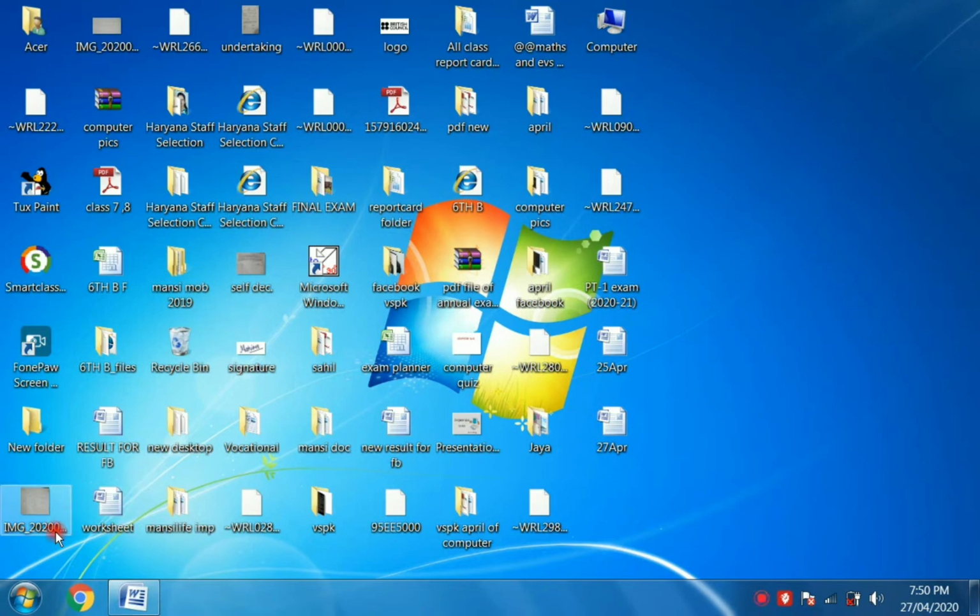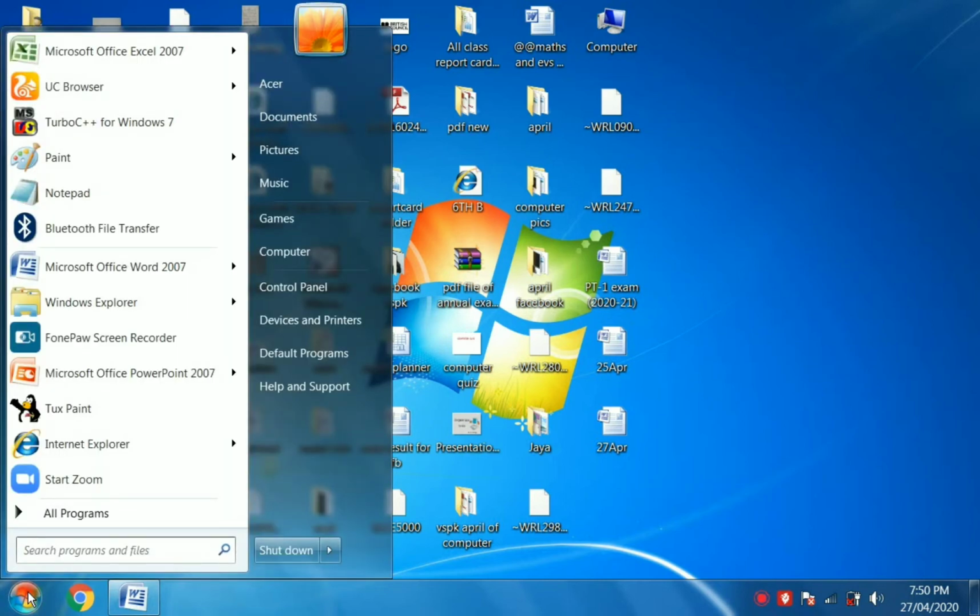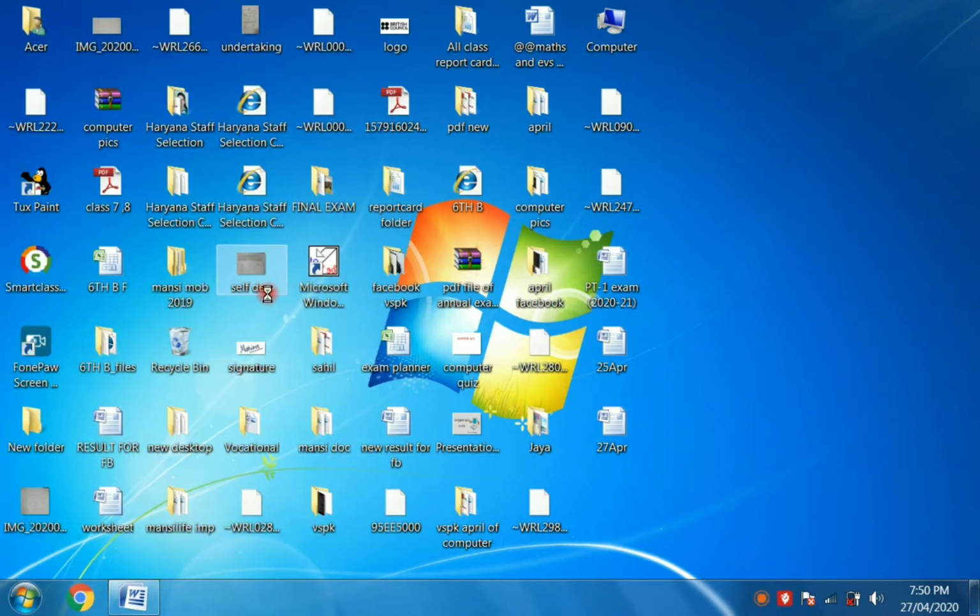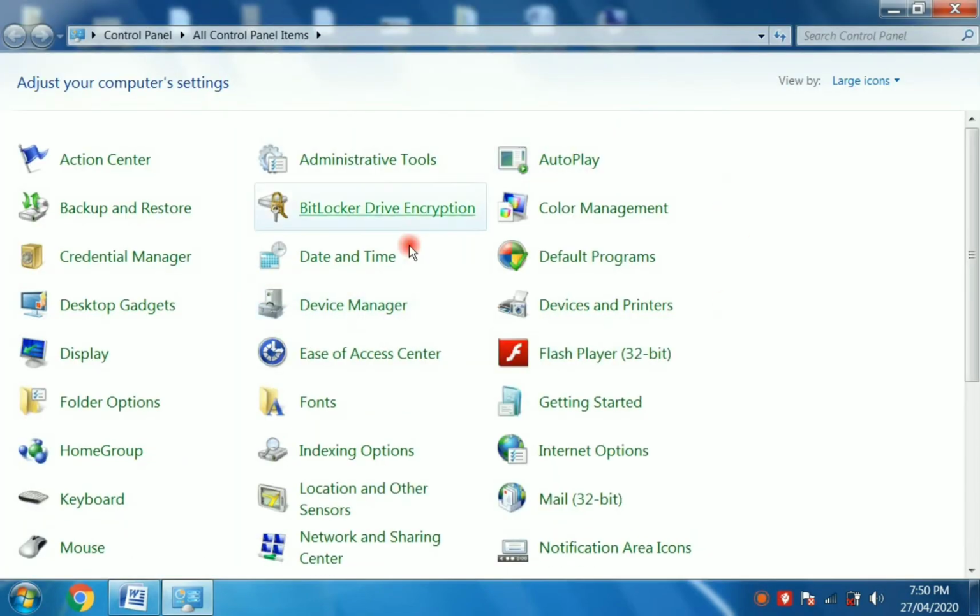There are two ways. First way is to click on the start button and select the control panel option from the right pane. Just click on it and this is the control panel of your computer. Second method is this: